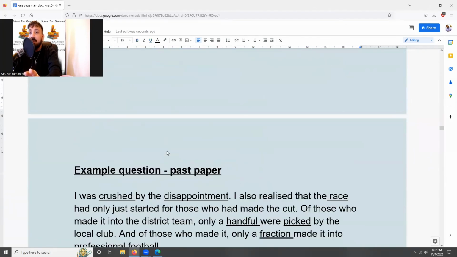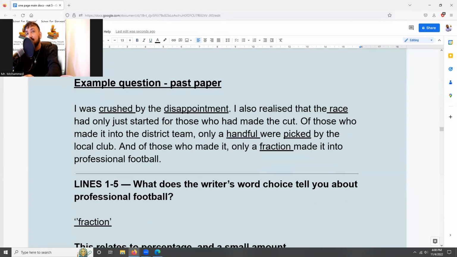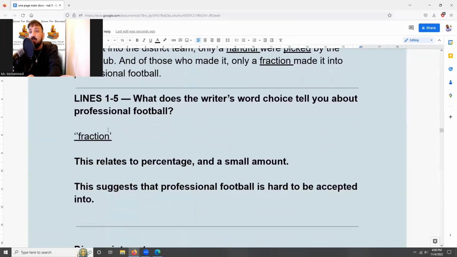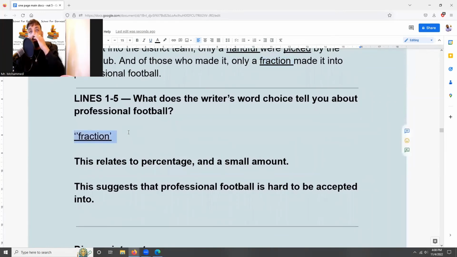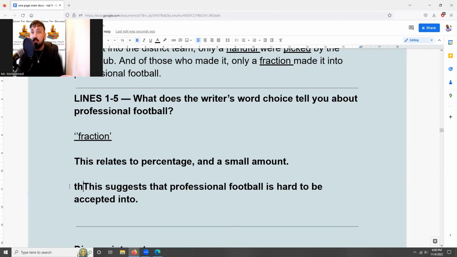So we give ourselves a bunch of options. We give ourselves more options than we need. So we've given ourselves 6 options here. And then all we need to do is pick the easiest ones, yeah? So we pick the easiest 4 and we use those. Okay, so we're going to go with the word fraction. Again, you see one word, and then we have what this relates to: percentage and small amount. And then we just say, and I'm going to say, the writer